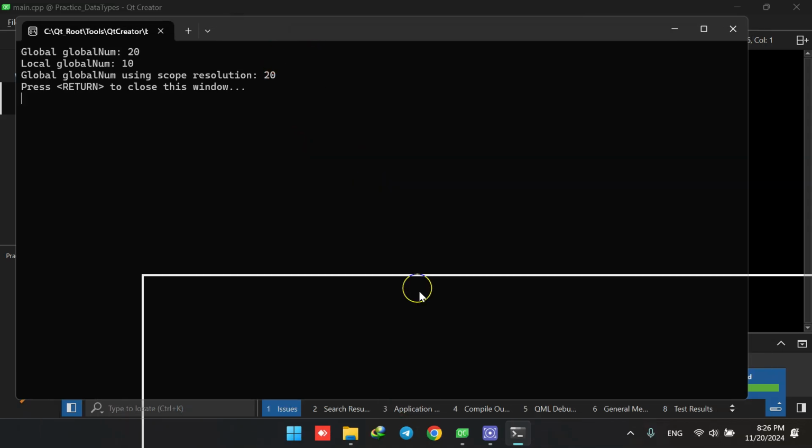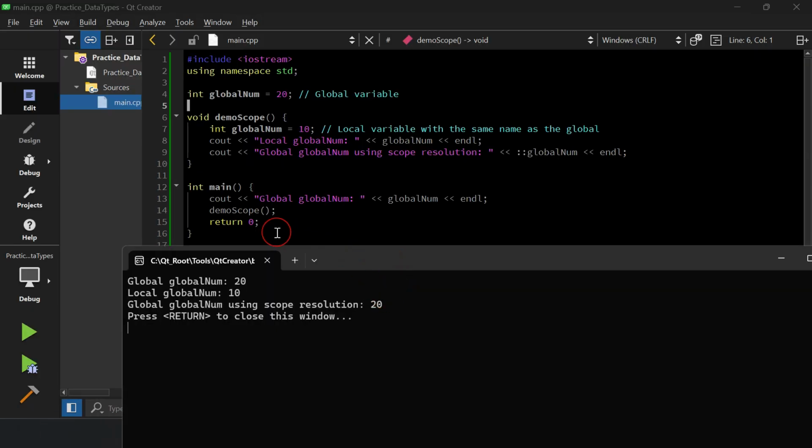Okay, so here I'm saying that we have one main function, one other function, and one global variable. The initial value of the global variable is 20. Now in the int main, I'm going to print the value of our global variable here. So it is printing 20 because its initial value is 20 here. Okay. Then I'm calling the